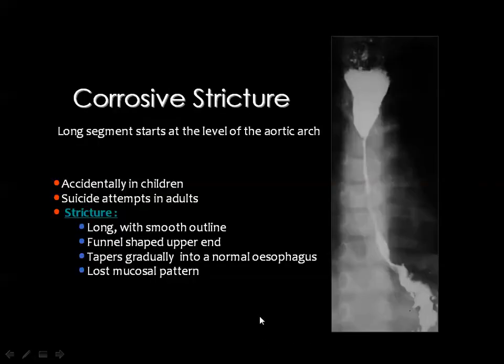Then corrosives may be accidentally taken by children and may also be taken by adults in suicidal attempts, and they will result in coagulative necrosis of the mucosa and the underlying submucosal tissues of the esophagus, with the end result of a long segment of esophageal narrowing with, of course, proximal dilatation of the esophageal segment. This may lead to shortening of the esophagus and pulling of the stomach into the chest, resulting in hiatus hernia